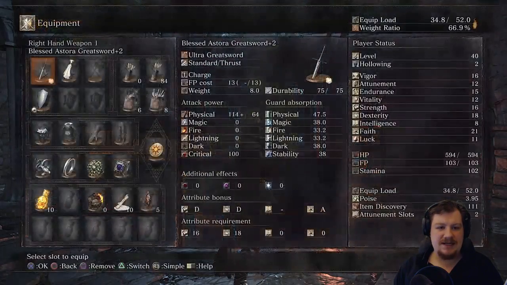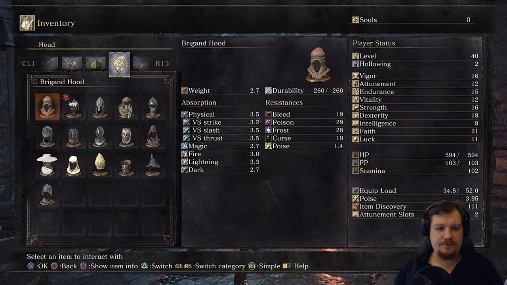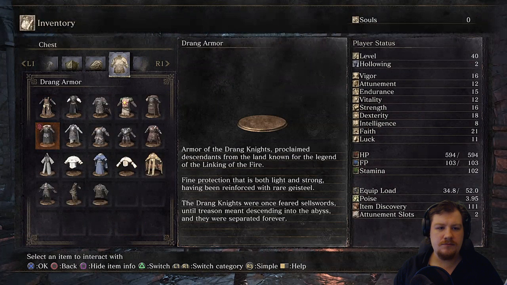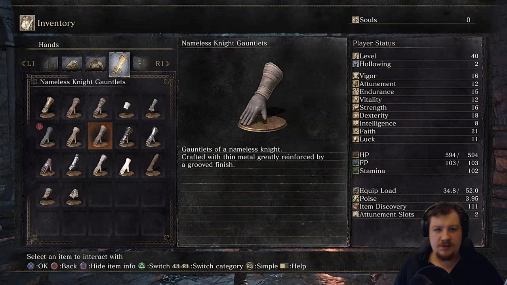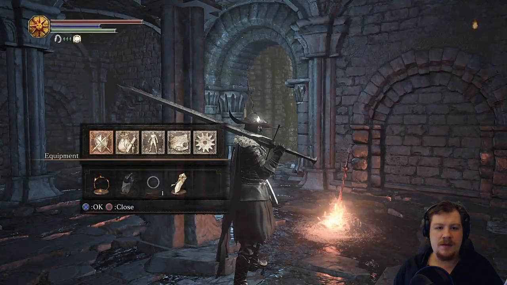So, the Nameless Knight set. Let's have a look at that. Where is it? Helm of a Nameless Knight, crafted with thin metal greatly reinforced by a grooved finish. Armor of a Nameless Knight, crafted with thin metal reinforced by grooved finish. Nameless Knight Gauntlet. Okay. Maybe we can...